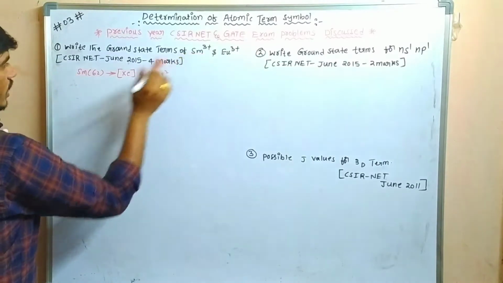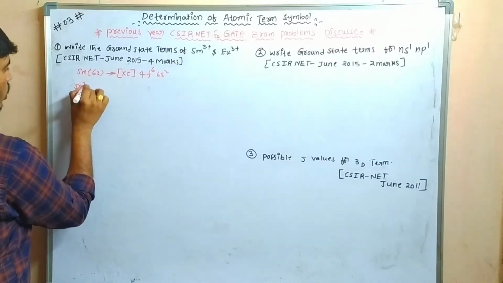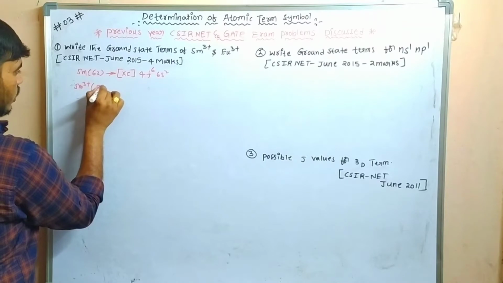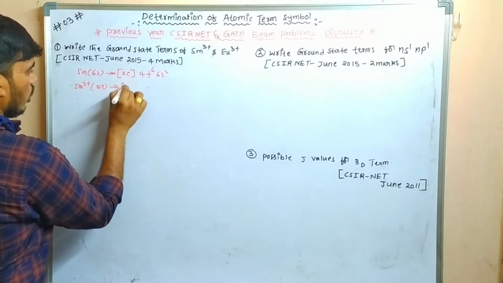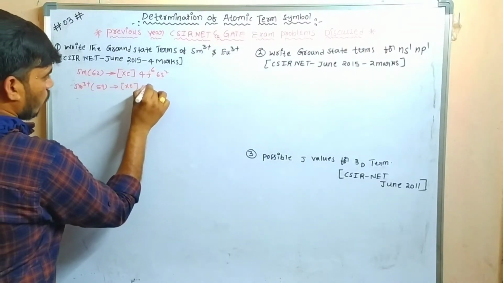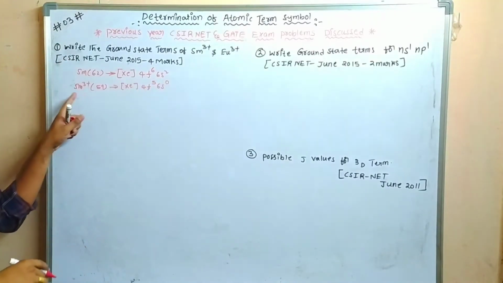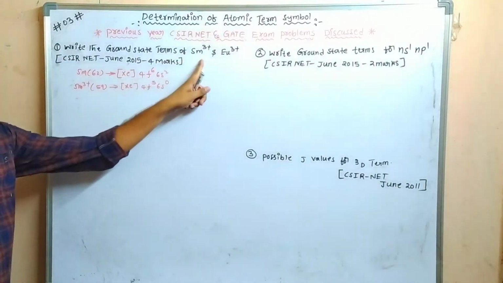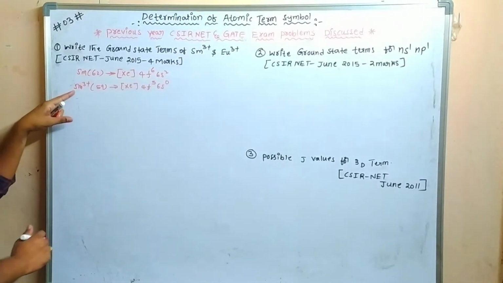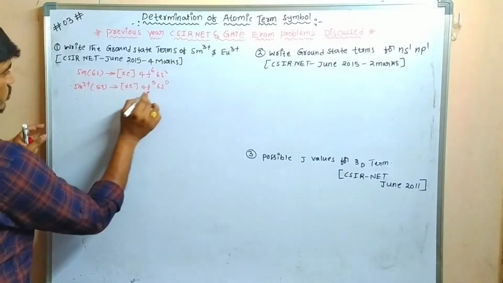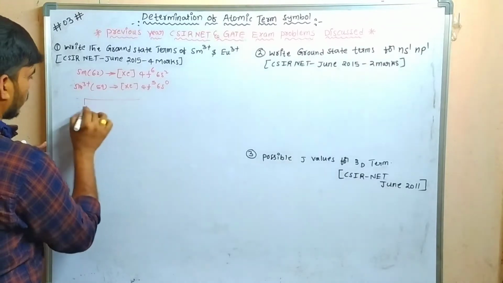But in this case, samarium is in the +3 oxidation state. So the electronic configuration is xenon 4f5 6s0. This is the electronic configuration of samarium 3+. So samarium 3+ is xenon 4f5. So the f orbital is like that: